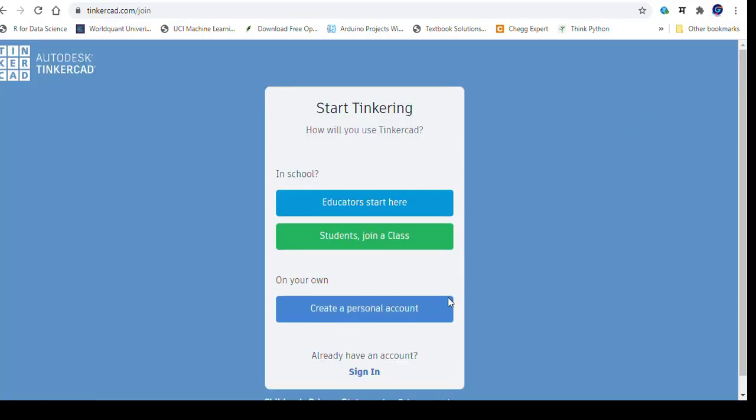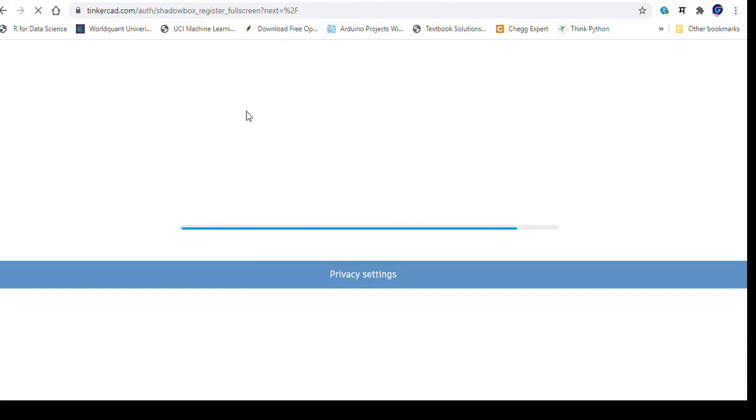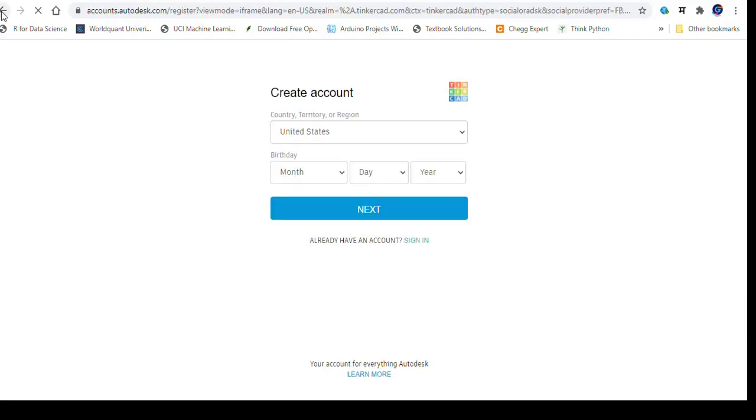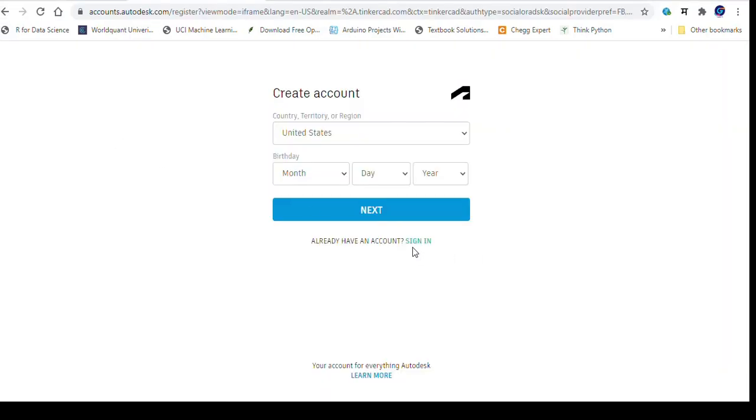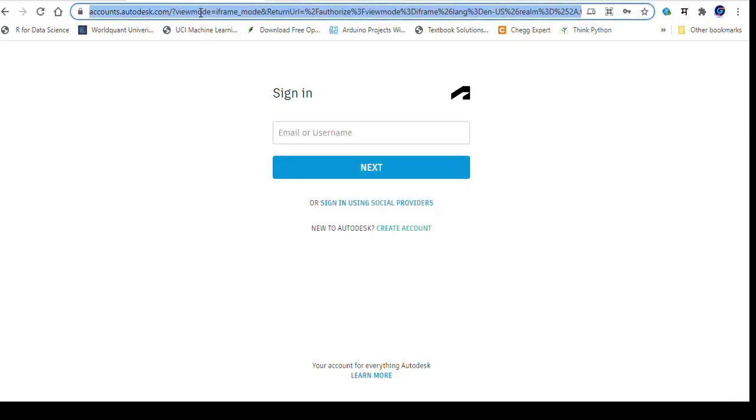Just click on this join button, and then you can create your personal account, and you can sign up with your email or your Gmail account. Here I have already created my account, so I'm just directly logged in.